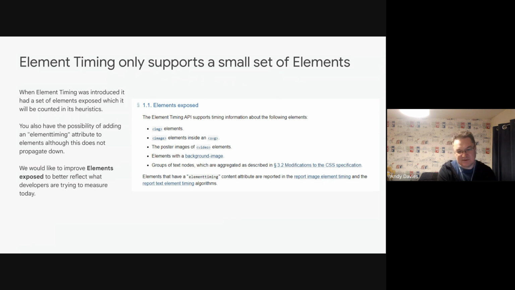So images, SVGs, videos, background images, and it also has grouping of text nodes together. And while I love that, and I love actually being able to choose what I want to measure and encouraging our customers to measure what matters to them rather than what a browser might decide is most important,